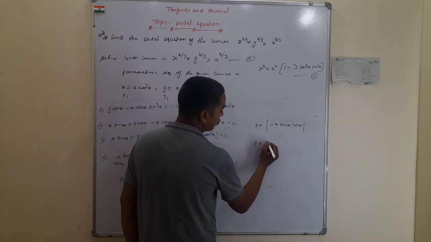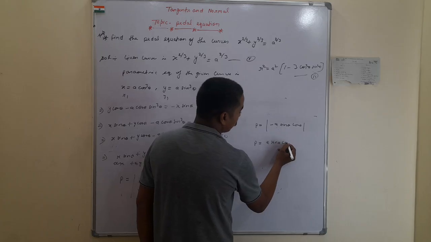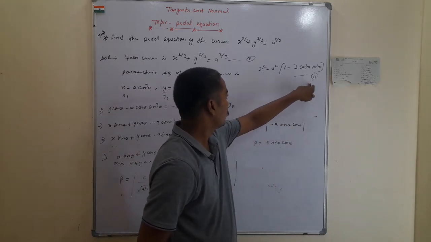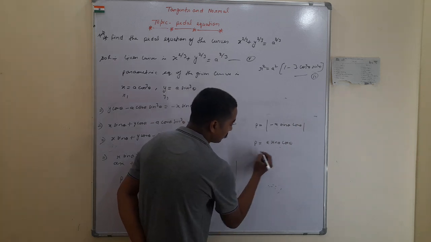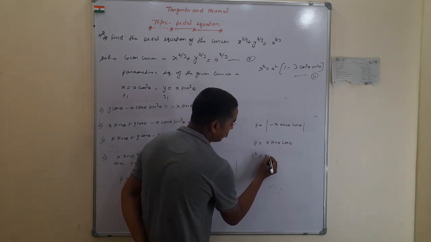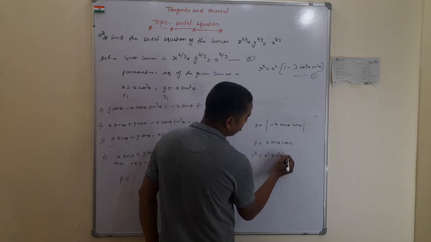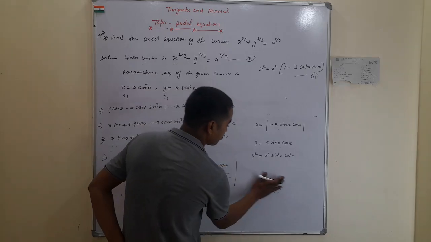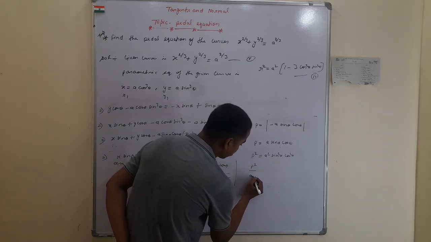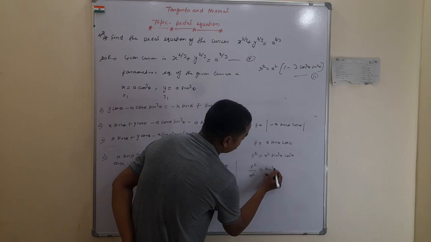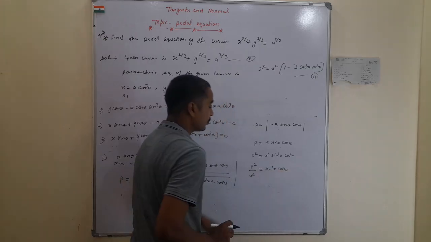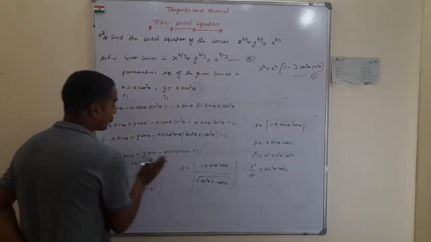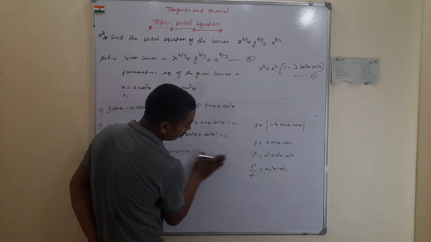We get here p is equal to a into sin theta into cos theta, and we have to use this in equation 2. We have to put in the value here. We can also square both sides. This is p square is equal to a square into sin square theta into cos square theta, and we have to put in the value: p square upon a square is equal to sin square theta into cos square theta. We have to put the value of sin square theta into cos square theta in the second equation. We get the required result. So we have to put in here.